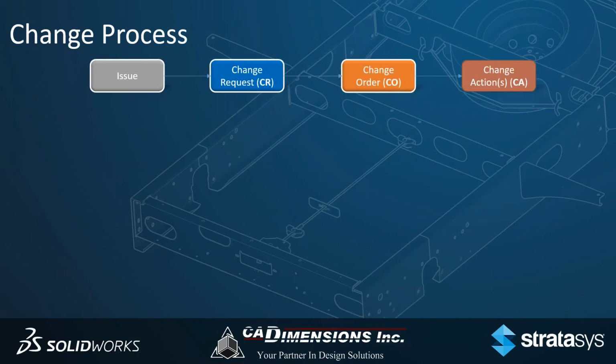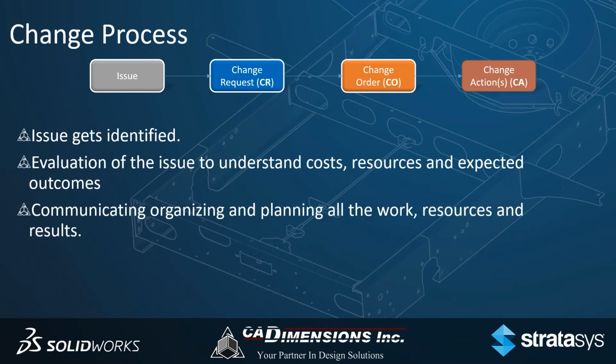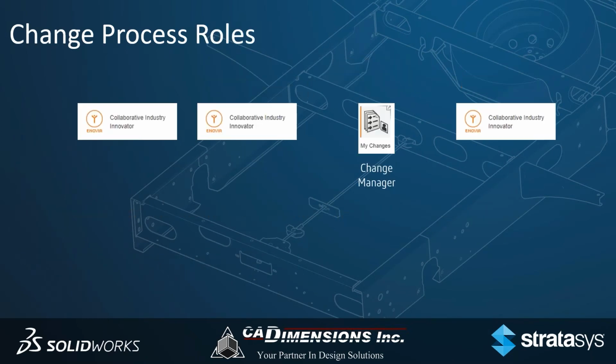Now, how does this correlate to what we talked about? Obviously, an issue is where something gets identified. The evaluation, as I talked about, is understanding cost, resources, expected outcomes. Change orders, communication, organization, and planning. And then the execution is under a change action. Correlating that further with the 3DEXPERIENCE platform,